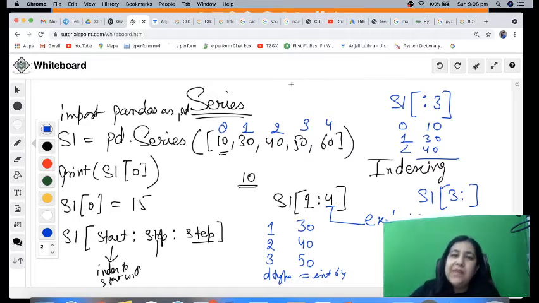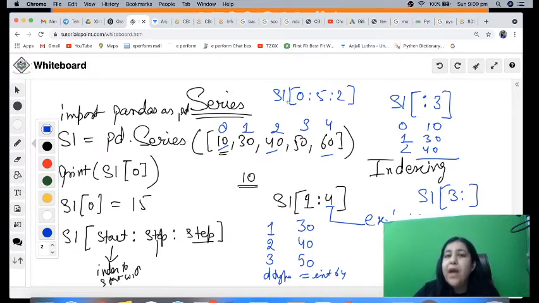If you want to give step, you can give step, like you can write 0 colon 5 colon 2. So that would be 0, 2 and 4. So it will be showing 0, 10, 240, 460. So 2 gap you have to take. So a gap of 2 will be taken between the values. So index 0 will be shown, then at a gap of 2, index 2 will be shown, at a gap of 2, index 4 will be shown. Right? So that's how we go for it.